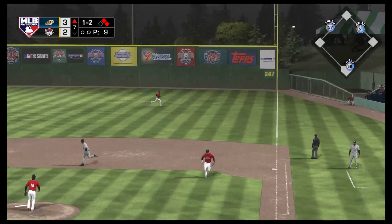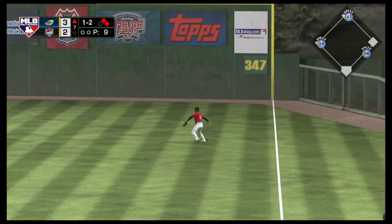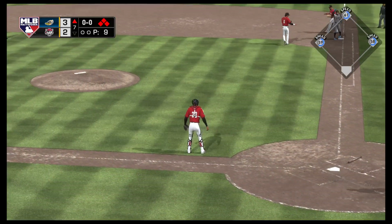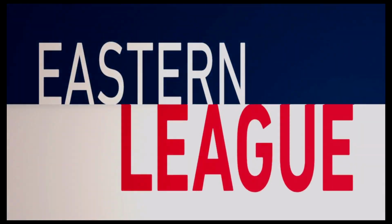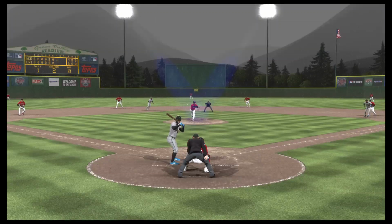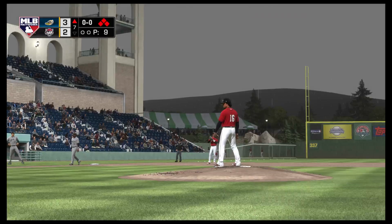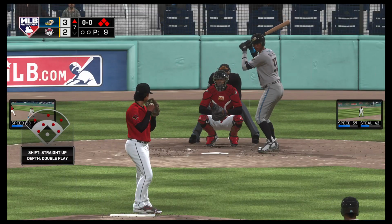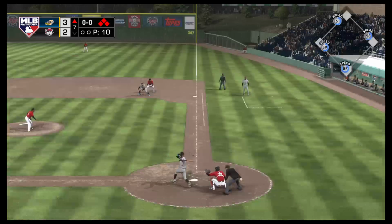Takes this the other way to right, and that's in there. Base hit. And they're content to play station to station here as the bases are loaded now with still nobody out. Nice piece of hitting right there. Looked like the guy on second had to respect it and freeze a little bit. He had to freeze there for a second to make sure that line drive gets down, but eventually does get